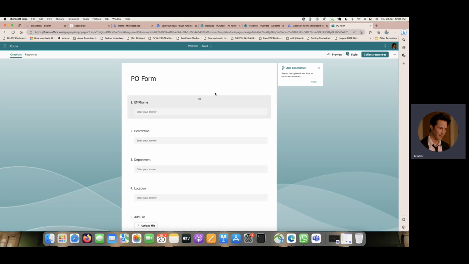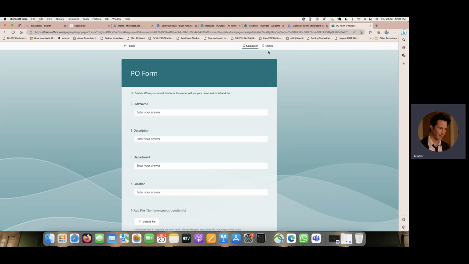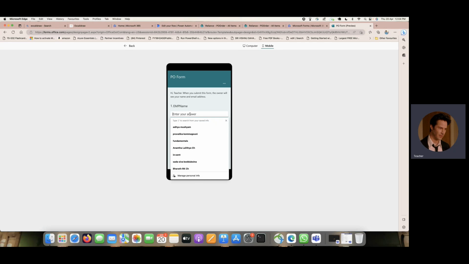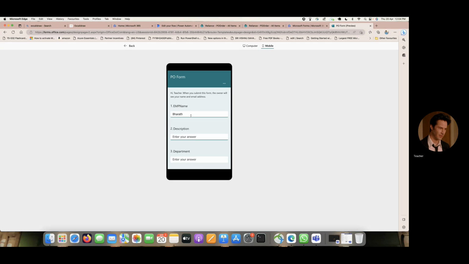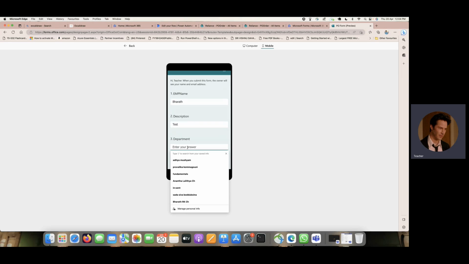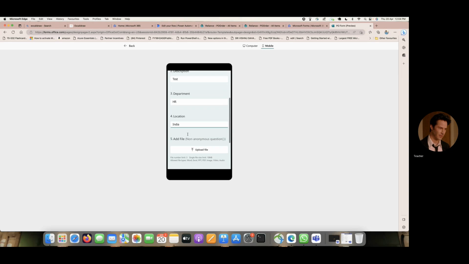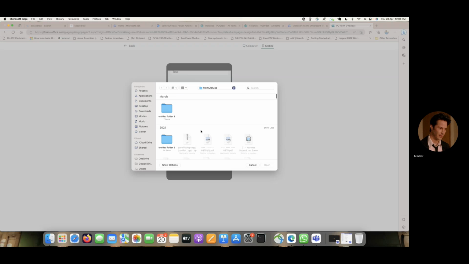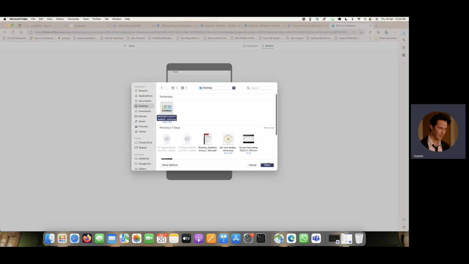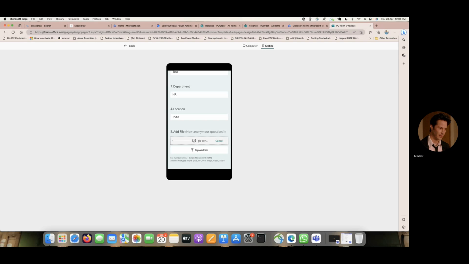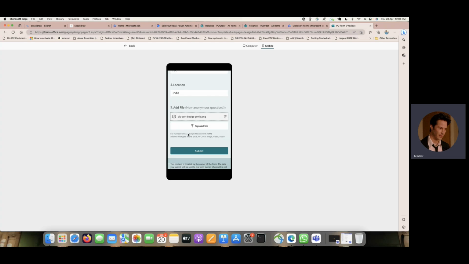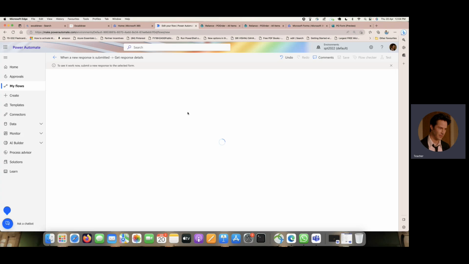So go to the forms, PO form, preview. I'm giving the mobile preview: employee name, I'm mentioning Bharat, description test, department HR, location India, and I'm now uploading a file. So let me take some image file here and let it get uploaded, and I will submit now. Once I submit like this, if I go to this here,